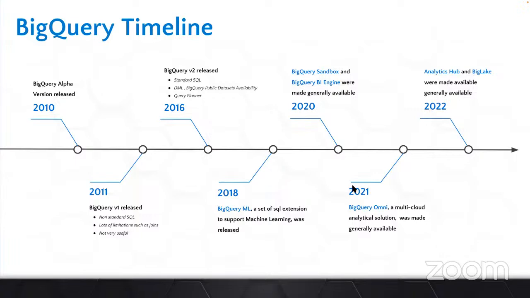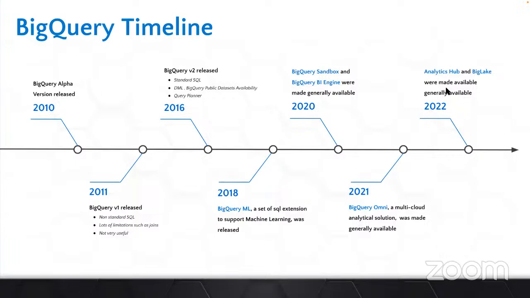And then in 2021, BigQuery started to offer a functionality called BigQuery Omni. This is for supporting multi-cloud strategies, because a lot of people say that BigQuery is only for GCP, but that is not the actual case. BigQuery also offers BigQuery Omni, which is a multi-cloud analytical solution. That means if your data is available in AWS or in Azure, then we can also fire queries through BigQuery Omni. So this is an interesting feature, but again, there are a lot of limitations. I'll show you this product when we are comparing BigQuery and Snowflake in more detail.